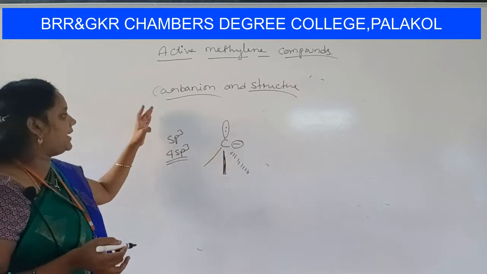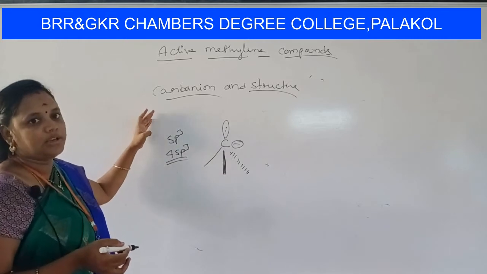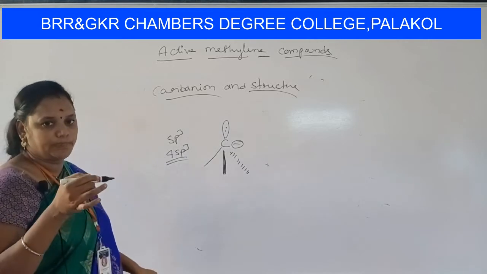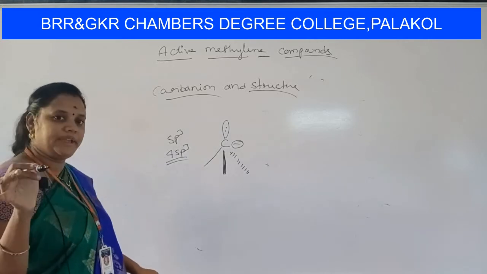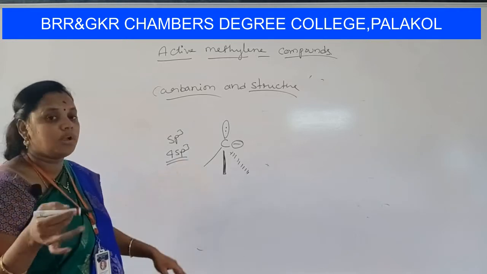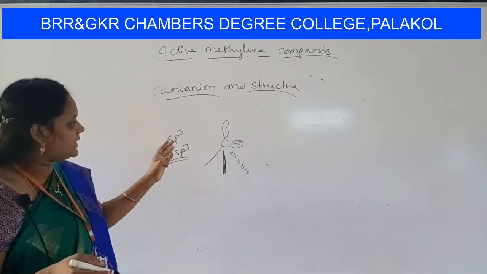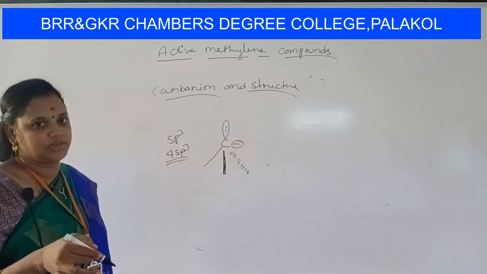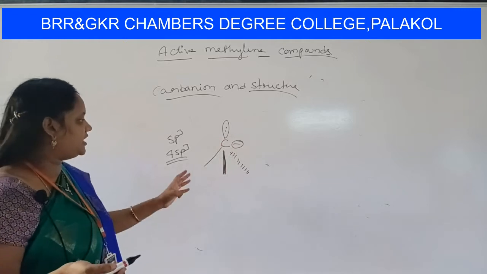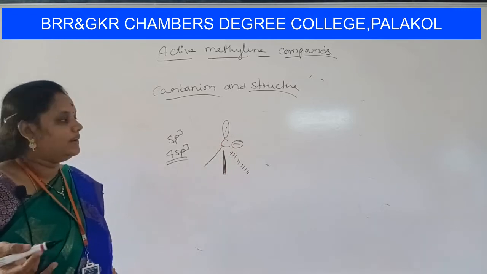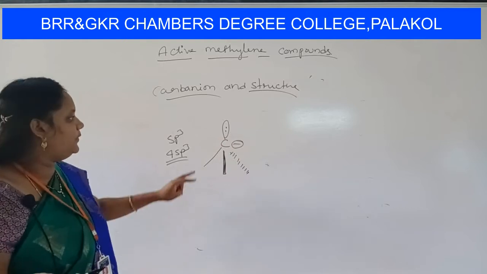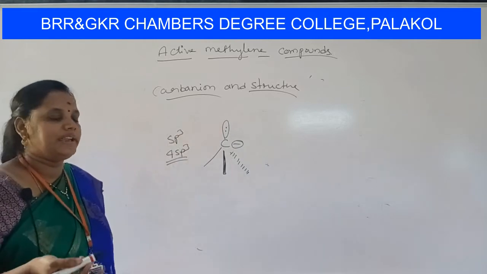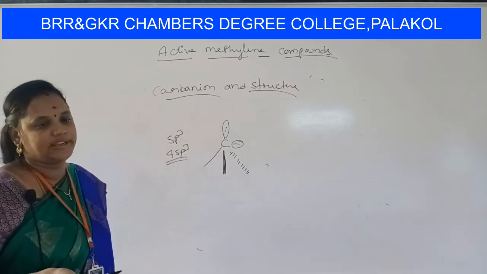How can we define carbanion? The carbanion has sp3 hybridization. It has a lone pair, and the remaining 3 sp3 hybrid orbitals are connected to other atoms, along with a negative charge. Actually, we should have a tetrahedral structure for carbanion, but we observe a pyramidal structure as in ammonia, because due to the lone pair of electrons, the tetrahedral structure is distorted and you get a pyramidal shape. Okay students?